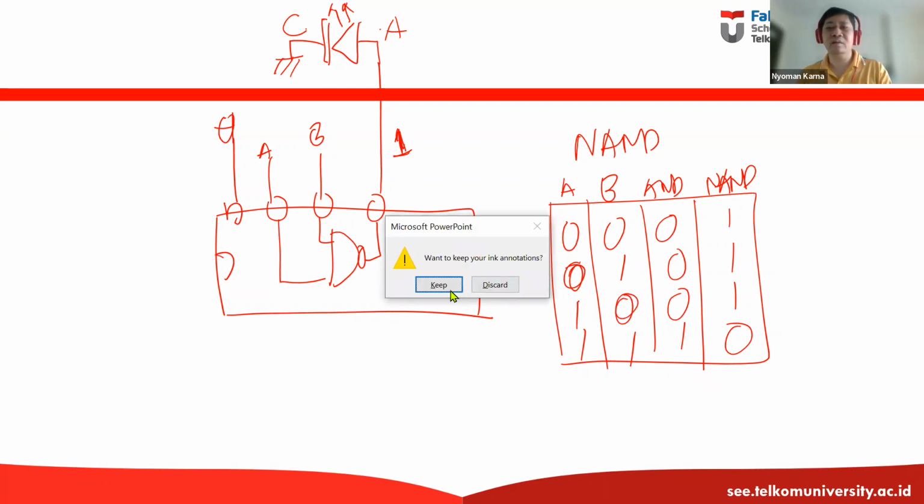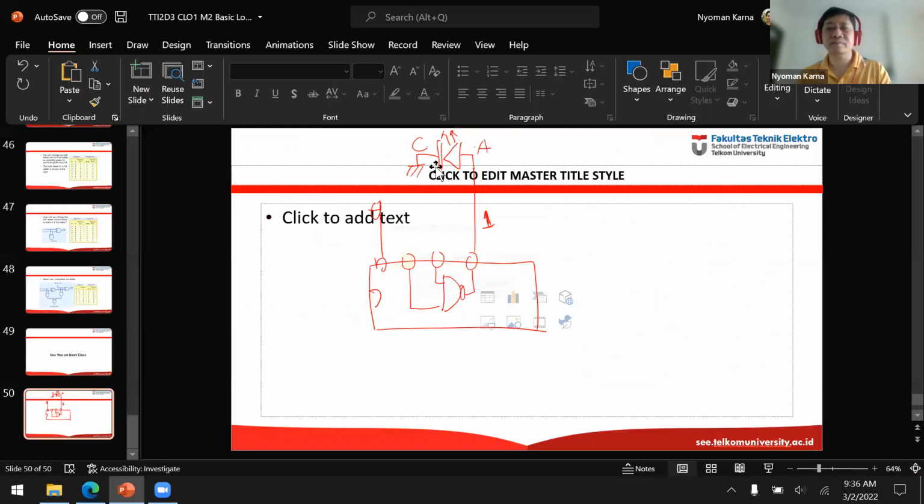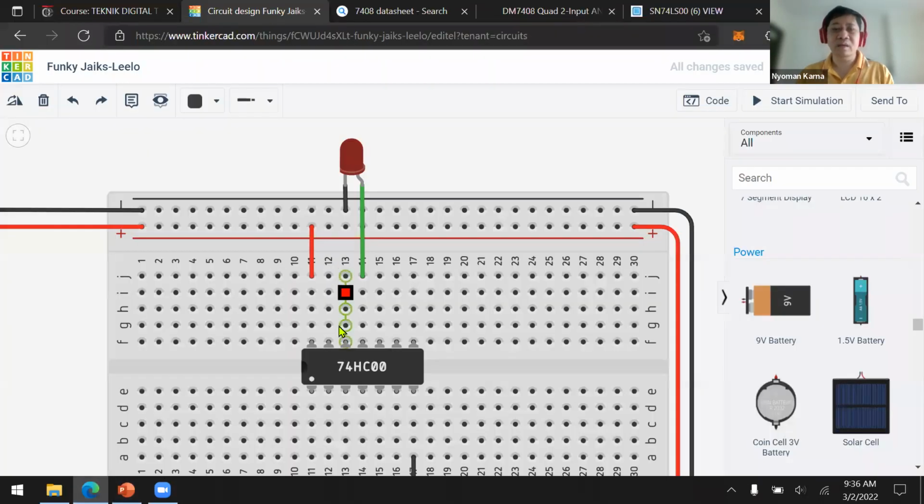Okay, let's write it out in Tinkercad. Now let's give A, this one is A, to ground, and this one also to open here.